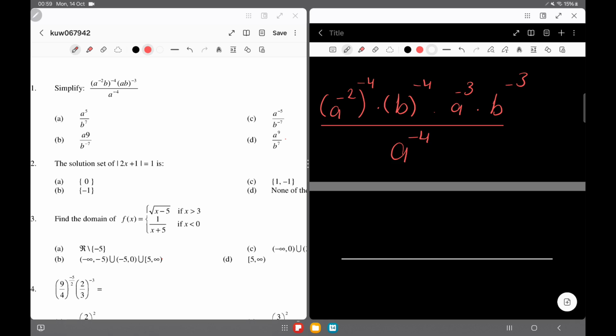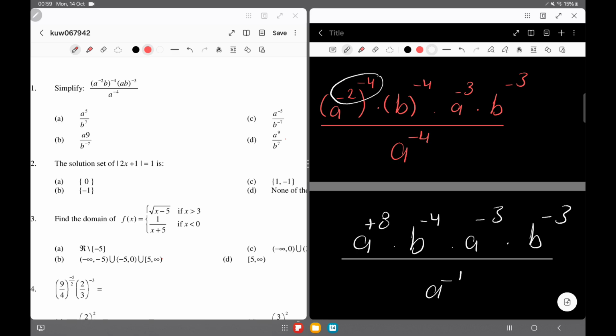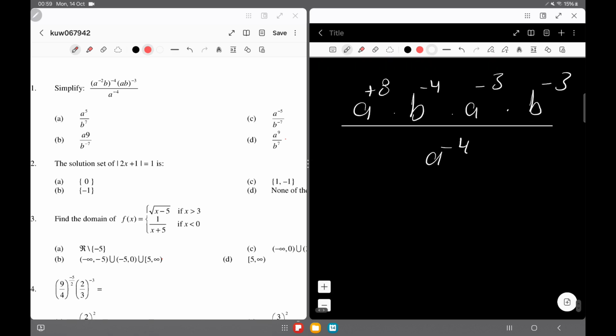So students, when we say power to the power, we will multiply them. This one, it will become a to the power of negative 2 times negative 4, it's plus 8, times b to the power of negative 4, times a to the power of negative 3, times b to the power of negative 3, over a to the power of negative 4. So we will see